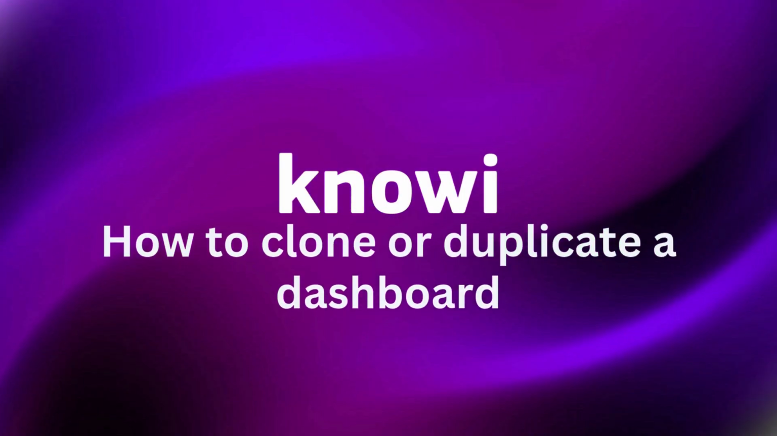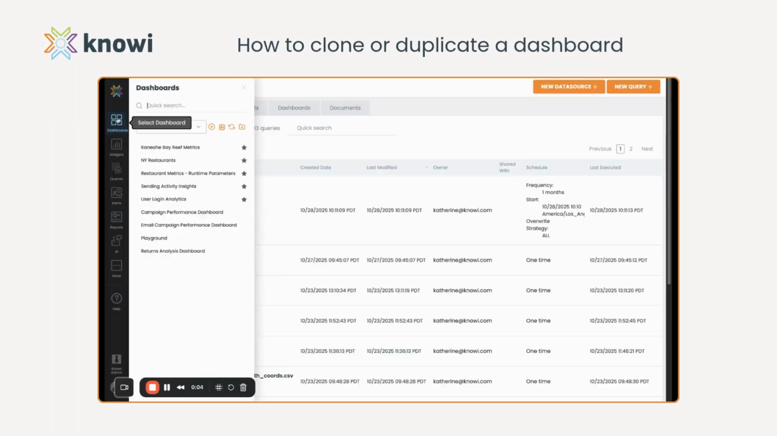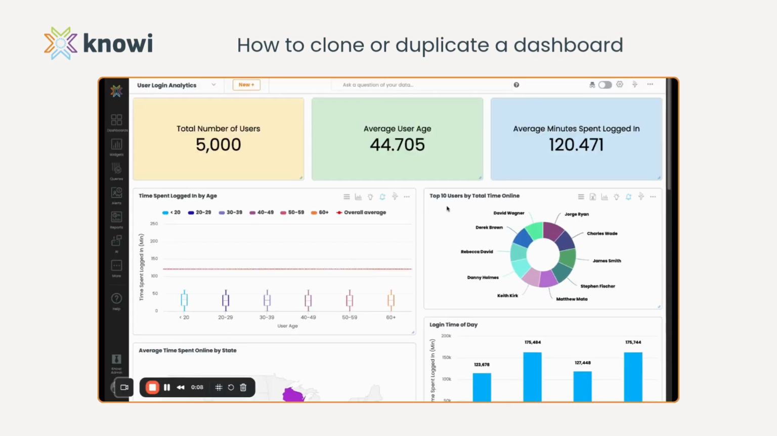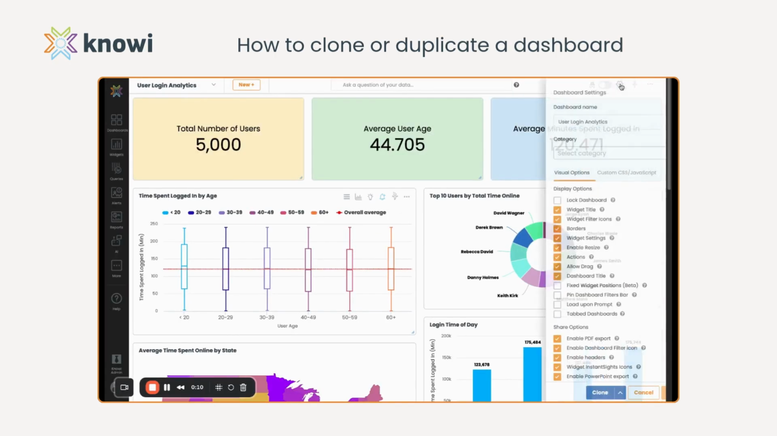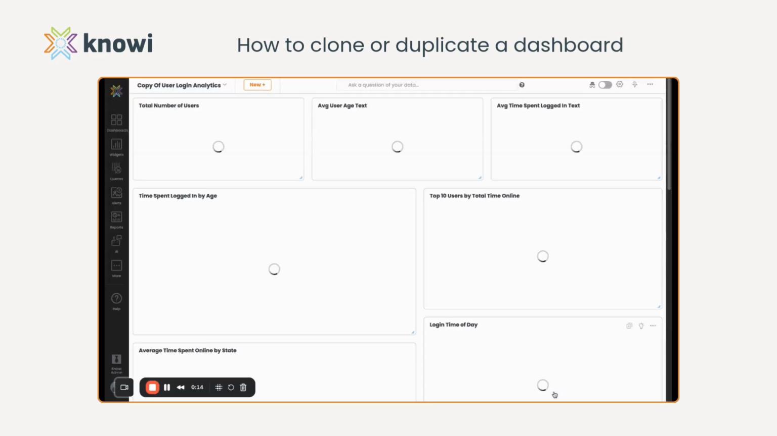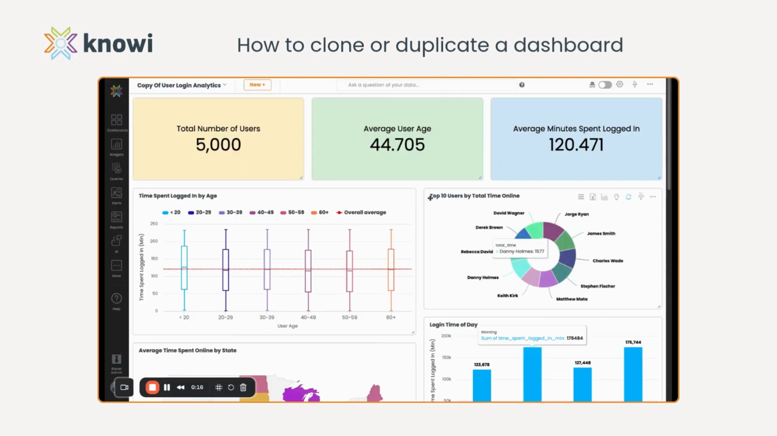To make a copy of a dashboard in Knowi, simply navigate to the dashboard that you want to make a copy of, and then go into Dashboard Settings and select Clone. This will automatically generate a copy of that original dashboard, and you'll see that the title now has "Copy of"